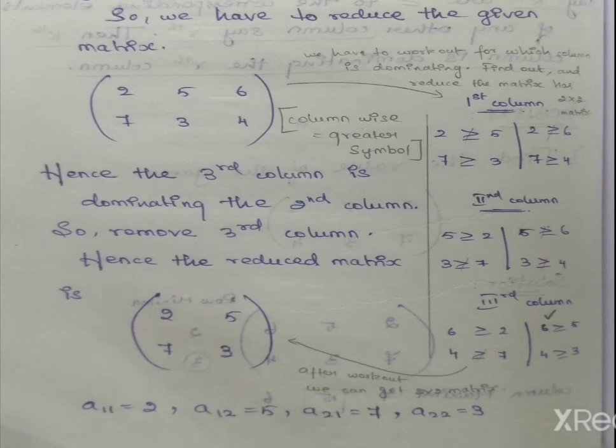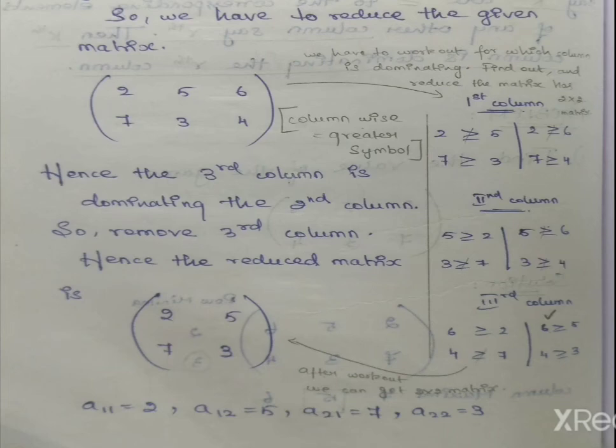Now we can apply the mixed strategy formula. I hope this dominant property is clear. In case you have any doubt, ask me. Don't worry girls, tomorrow also we will see one more problem. In that problem we are going to see how to reduce rows as well as columns. So then the problem will be clear.